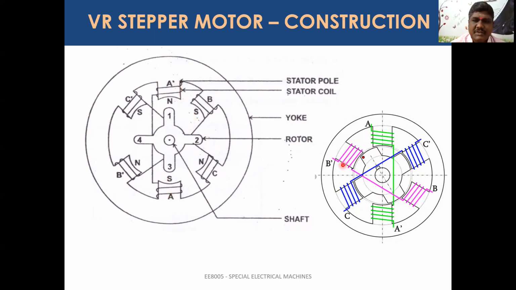So I am choosing A dash here just for giving the excitation. We are connecting C dash A dash for easy understanding. I have given colors here to show the complete construction of the single stack variable reluctance stepper motor. Stator and rotor will be there, and this will be copper, and this is made up of silicon steel stampings, also coated and laminated using paper or varnish. It is the same kind of construction and laminations we had in the previous electrical machines.